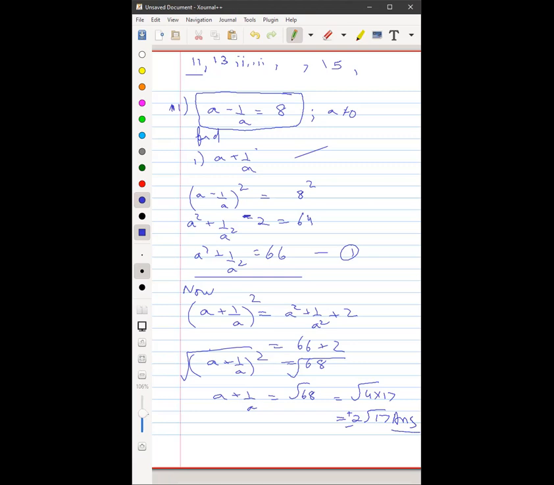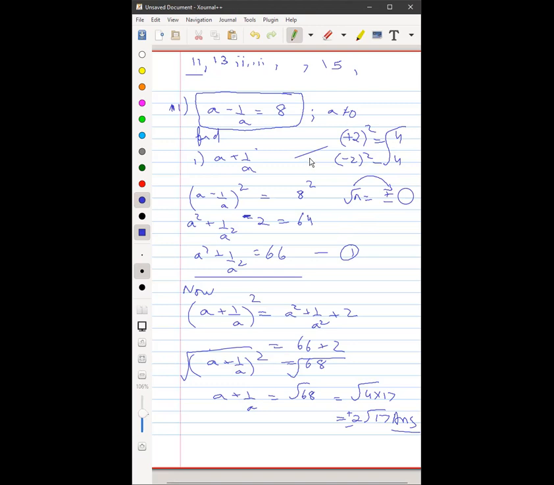So why do we write it plus minus? Whenever there's a root, it is always plus minus, because we know plus 2 squared is 4 and also minus 2 squared is 4. So root of 4 is both plus 2 and minus 2. Root of any number will always be plus minus of a number. Okay, sir. Whenever we have a root, always write it plus minus. Okay, got this now? 11th question.